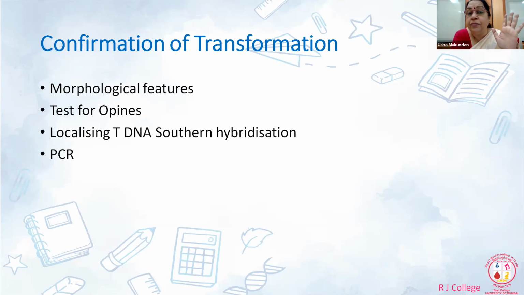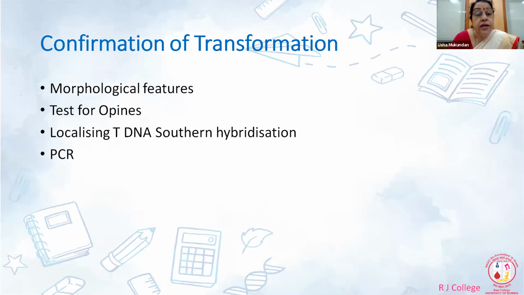It immediately takes up the stain because that is made up of meristematic region. Because it is made up of meristem, that is the portion which is metabolically very active. And the last ones to get stained are the root hairs, indicating that you can also use a technique, cytochemical localization of respiratory function in different parts of the root. However, having said that, the first feature by means of which you can confirm transformation is morphological feature.